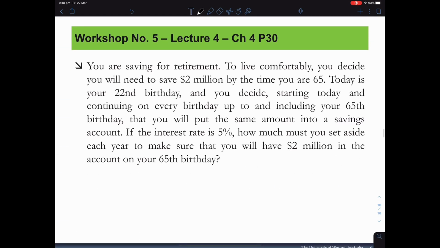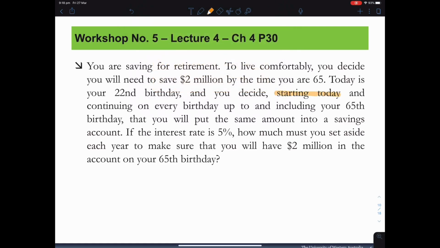Next question, chapter 4, problem 30. And this question is slightly harder than the previous one, right? And let me elaborate why. So you are saving for retirement to live comfortably. You decide you will need to save $2 million by the time you are 65. Today is your 22nd birthday, and you decide starting today and continuing, and I'm going to highlight it,